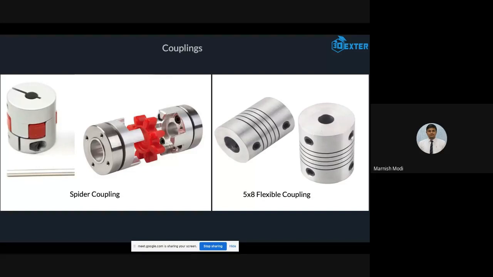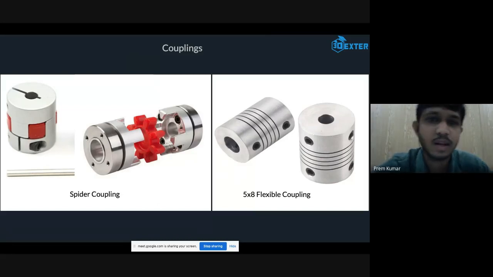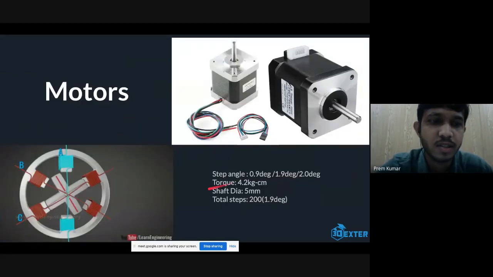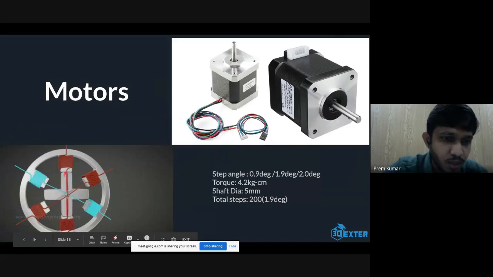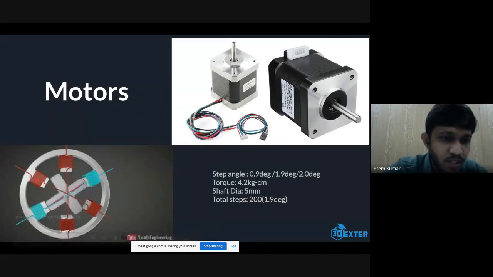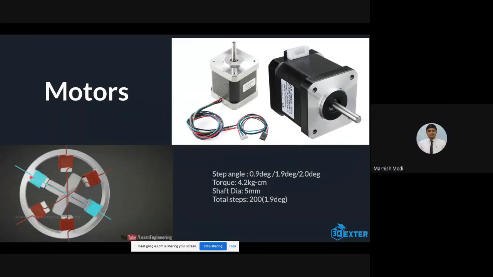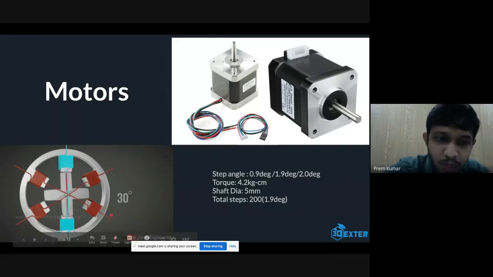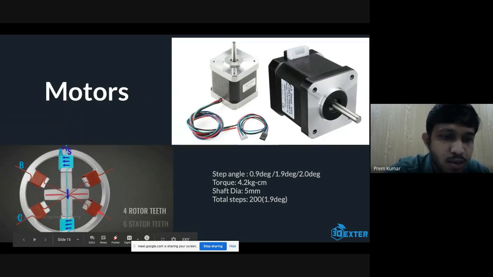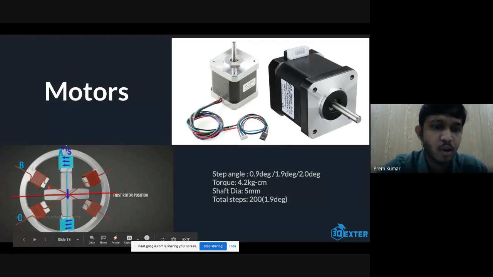So exactly what does the step mean? The step actually means, we'll see it in this slide. See, now here we have these poles over here, which are controlled by using a coil. They are independent coils. If you look at these opposite coils, they are opposite poles. They are controlled by using a single coil.